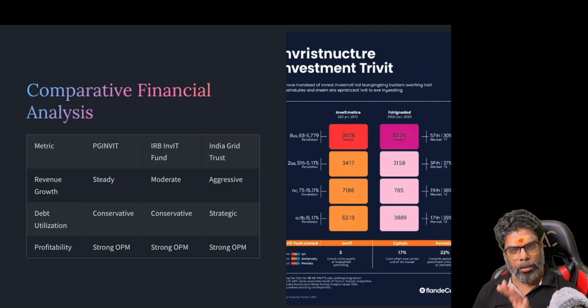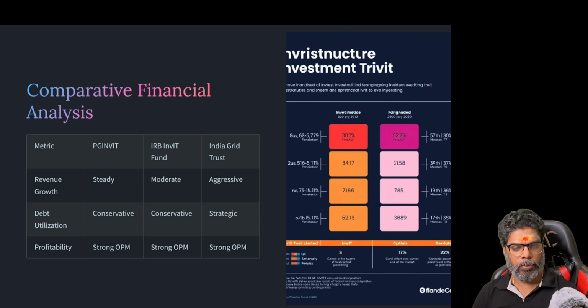Now let's compare the performance of all three InvITs. If you see, the revenue growth of PGINVIT is steady, IRB InvIT is moderate, but INDIGRD is aggressive. You can see the major things, right? INDIGRD is aggressive because they are growing from a very low base right now. They just started, so their growth is going to be more than other sectors because this is just